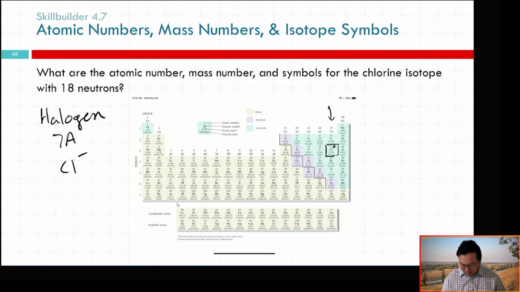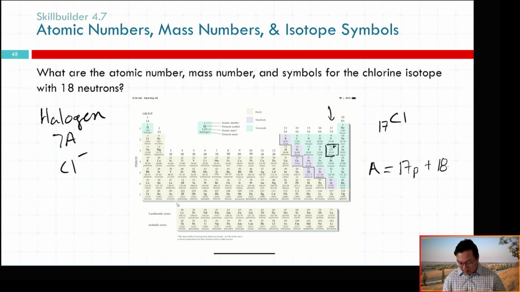So we've already got the symbol, chlorine, Cl. And we know the atomic number, which goes in the bottom left, is 17. And we were given a number of neutrons, so we have an isotope with 18 neutrons. To figure out the mass number, A, we simply add the number of neutrons and the number of protons. So we have 17 protons,